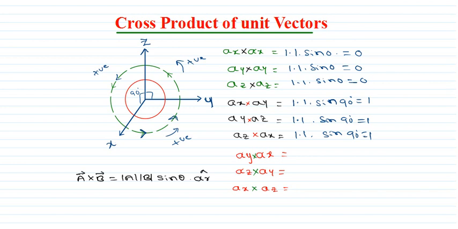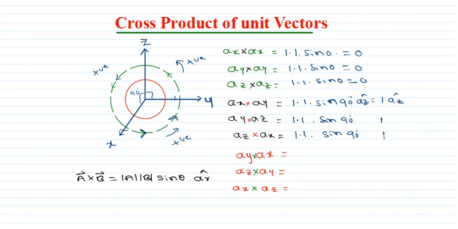Okay, so now there is a unit vector multiplied here. What is that? In ax cross ay, the unit vector perpendicular to that is going to be, just a minute. Now the unit vector perpendicular to x and y is going to be z. So that is where I'm going to write az, which is equal to 1 into az.